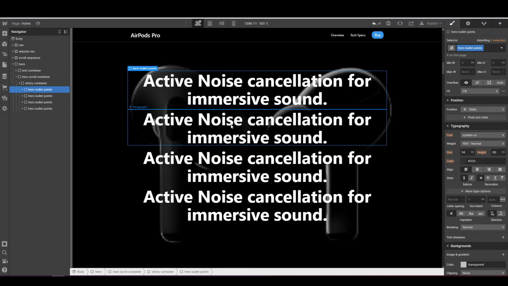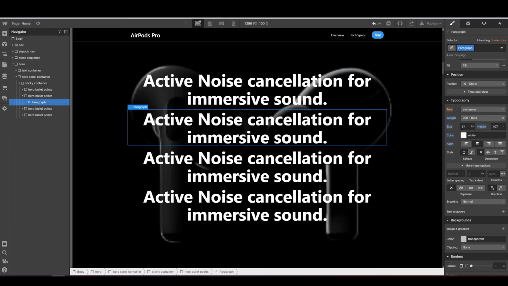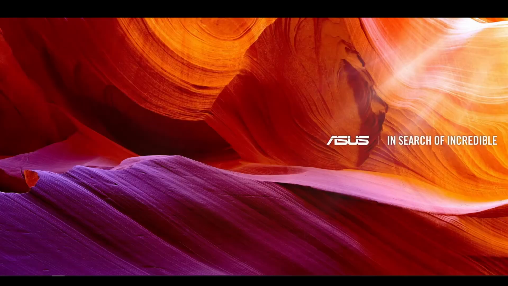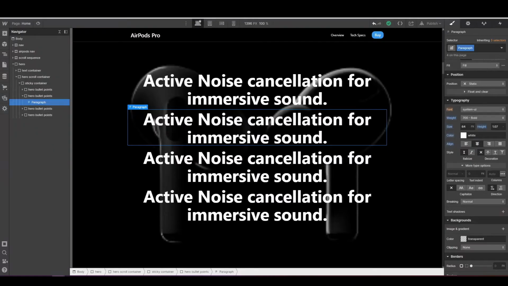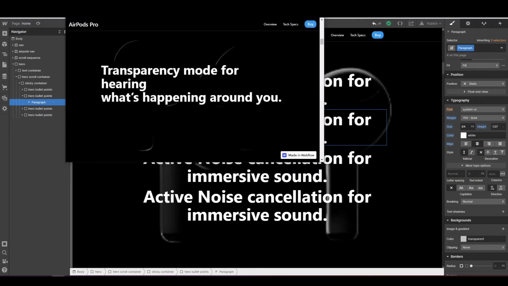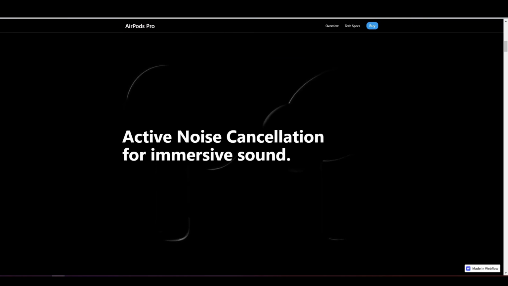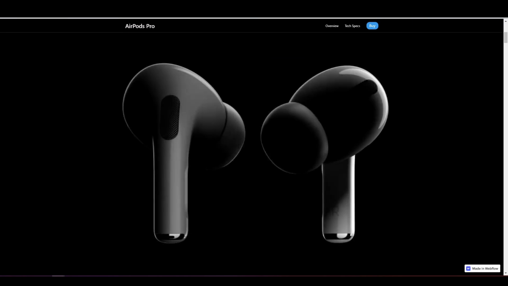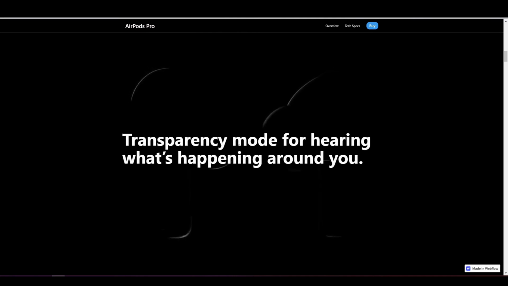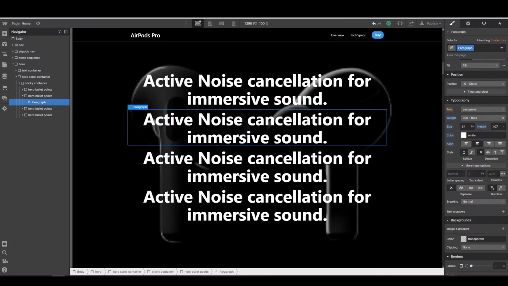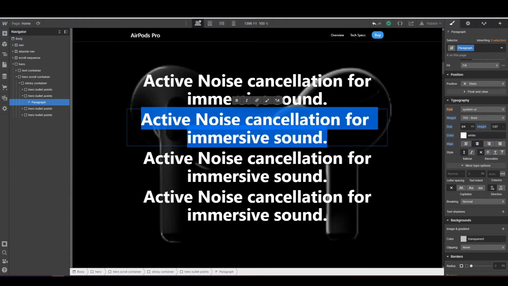The second paragraph is, okay, let me write it down. What is the second paragraph? The second paragraph here. This is the first paragraph, second, third, and fourth. And let me write it down. The first one, and now let me write it down, the second one,